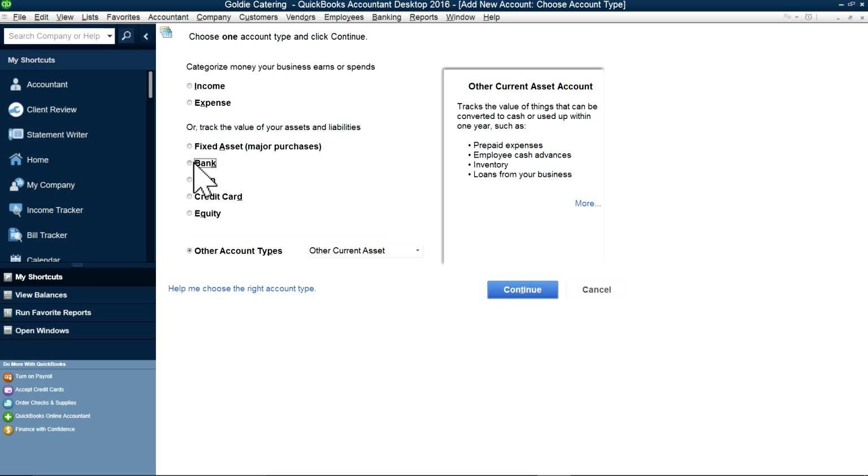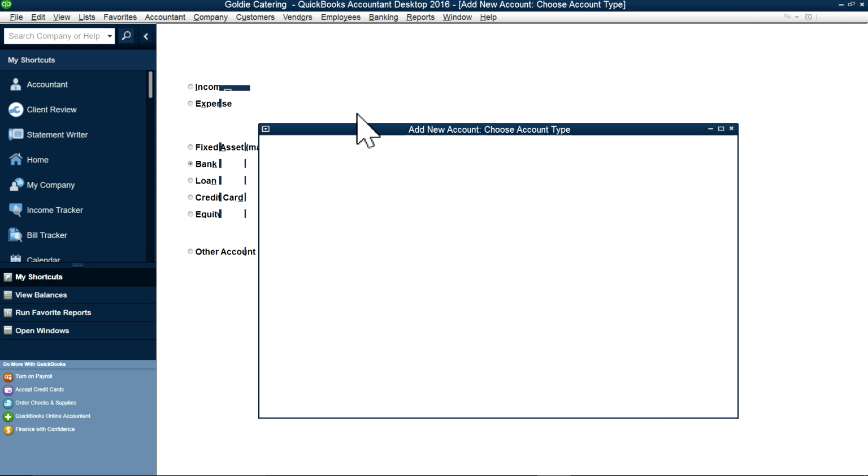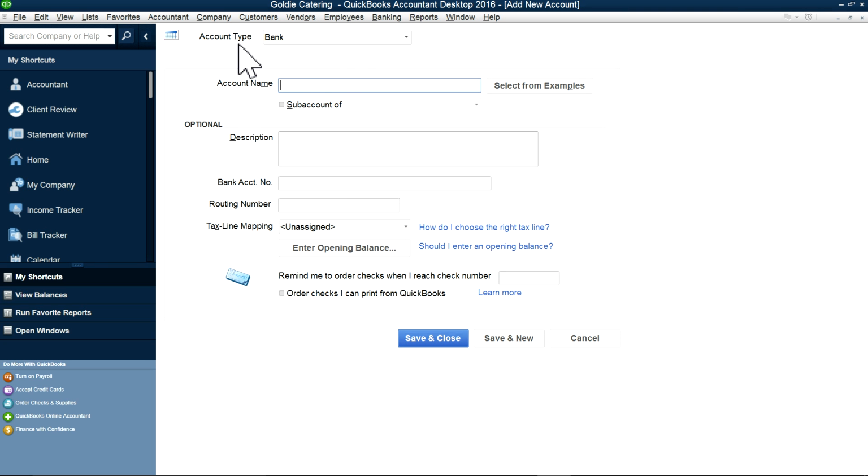Okay, so I'm going to open one bank account here. It's fairly simple. Create bank account, continue. So as you can see here now, account type is bank, right? So make sure the account type is bank, and let's say the name of the bank, like Chase, checking. Okay, so like this, and copy it, and don't worry about the opening balance stuff unless you have an opening balance. You can enter it manually, or